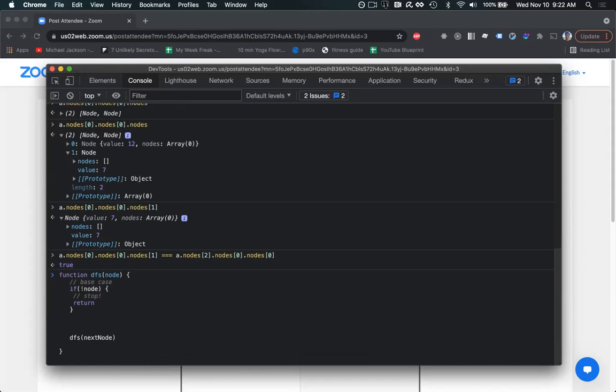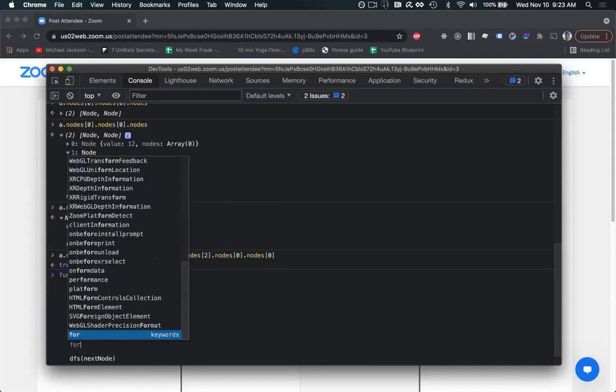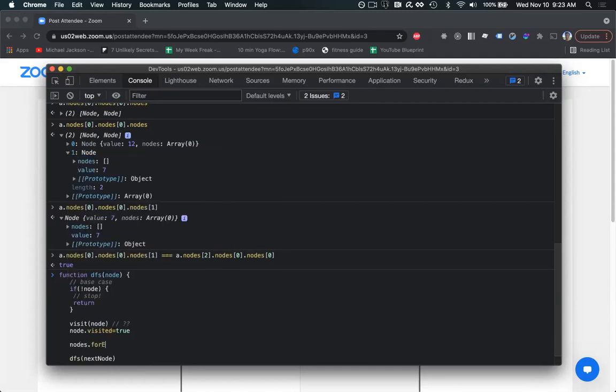In the book, it says something like visit node, then say node.visited equals true. We're going to work on what this means. I'm just copying out of the book right now. Then it's going to say nodes.forEach, node.nodes. So now we're going to take all the nodes, and for each of them, we're going to call